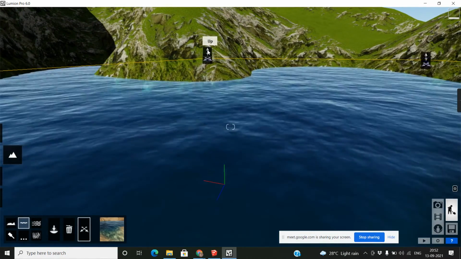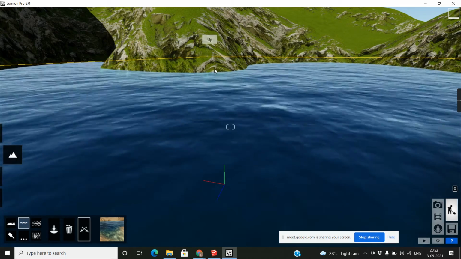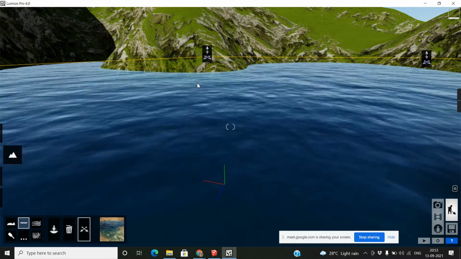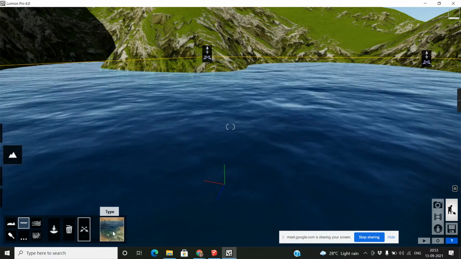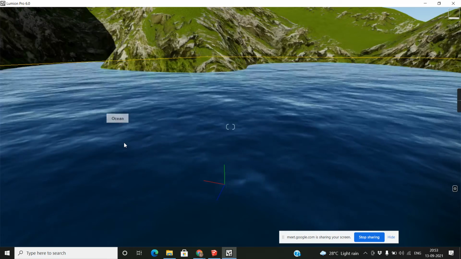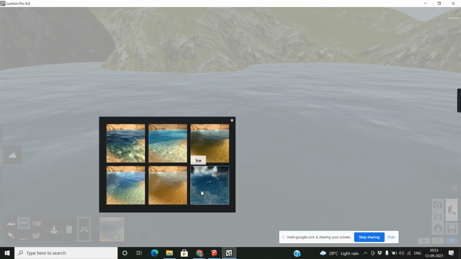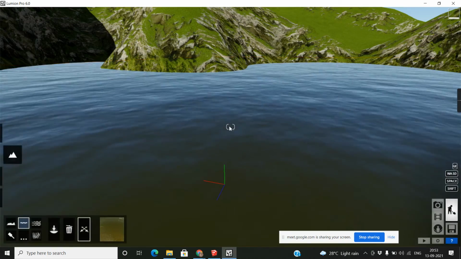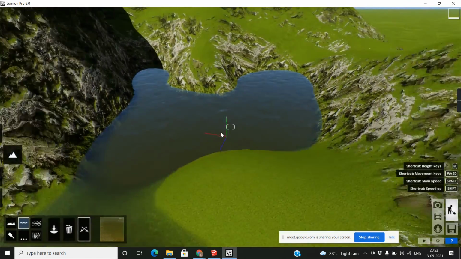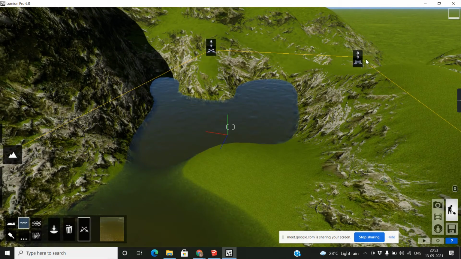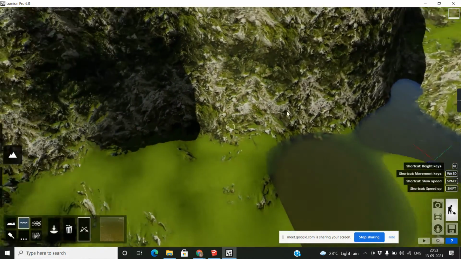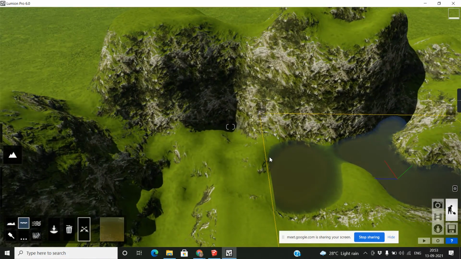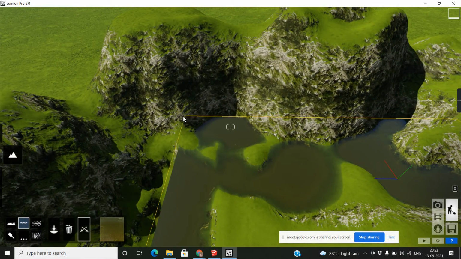Look, you want to move up, and we have types of water: ocean, ice water, pond. Yes, pond is okay for us. Don't stretch it because I need it till here, and yeah, I want to stretch here.